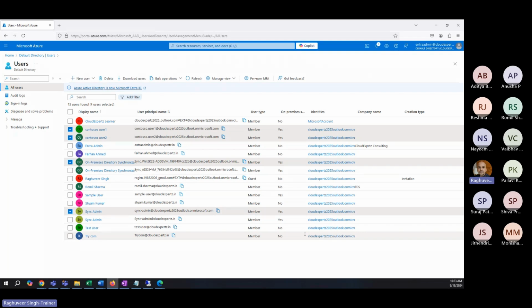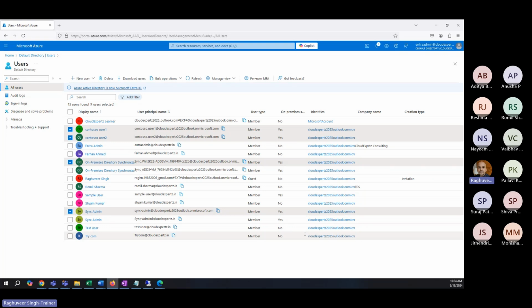And in a production environment, you will not find an instance where somebody will stop the domain controllers. And in a production environment, you will not have one domain controller. You will have multiple domain controllers. So even if one domain controller goes down, the other will continue to run and users will continue to synchronize from that domain controller if your domain controller replication is working fine. Domain controllers replicate internally. If that replication is working fine, your users will continue to synchronize even if one of the domain controllers is